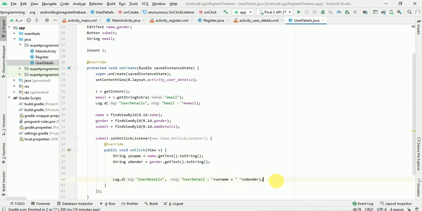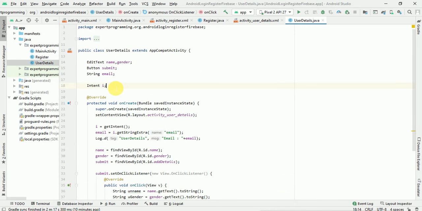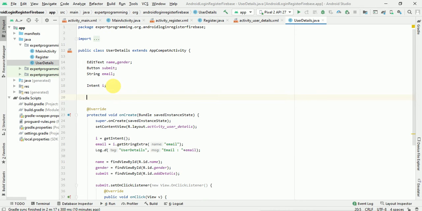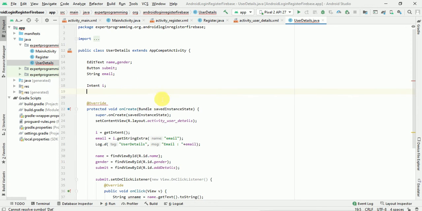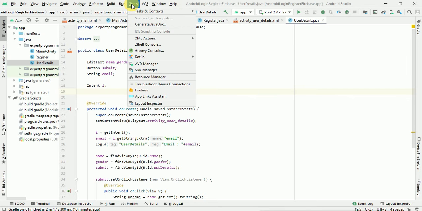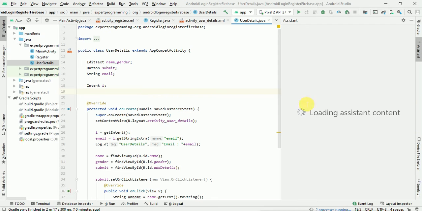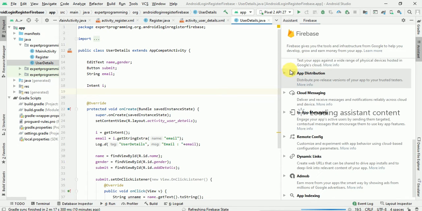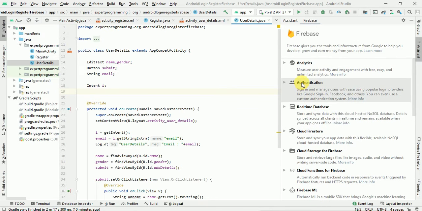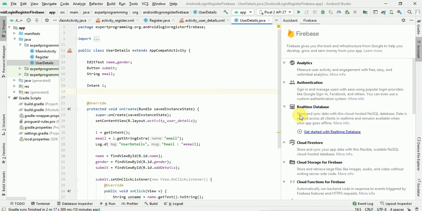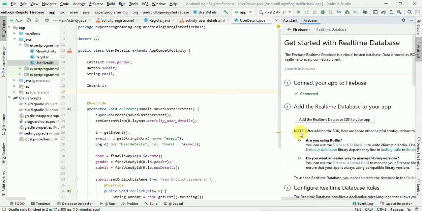Now our next part is to insert into the Firebase real-time database. So for that we need to initialize the Firebase part. Before writing to the database, we need to go to the tools and add the library for database. So we need to go to the Firebase, and from here you will get the database reference steps also. In the last session we have already seen the authentication part. Now come to the real-time database. So click on get started.